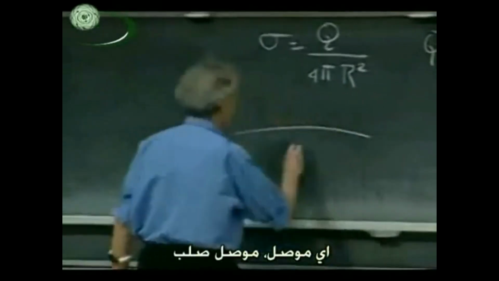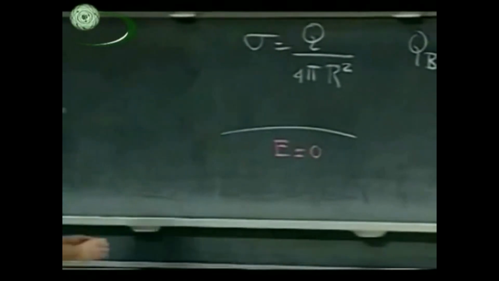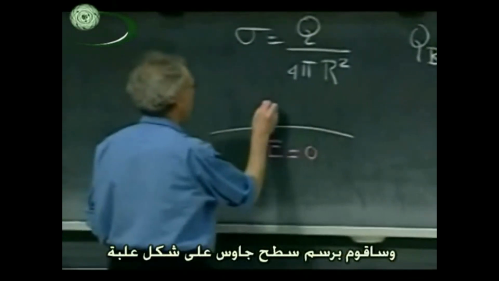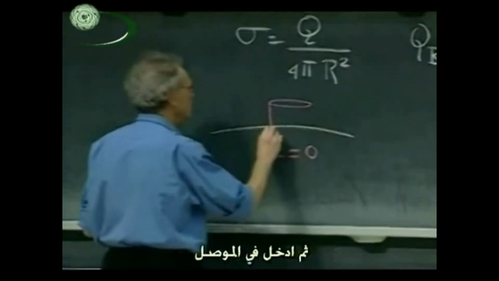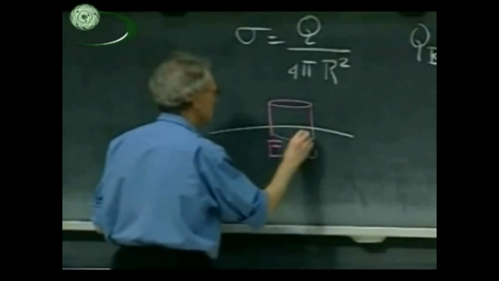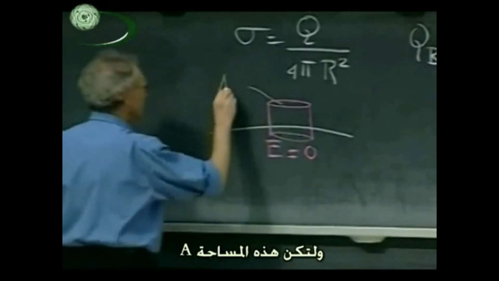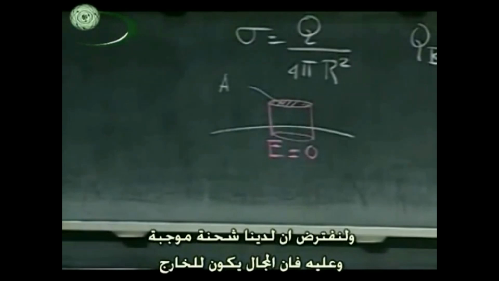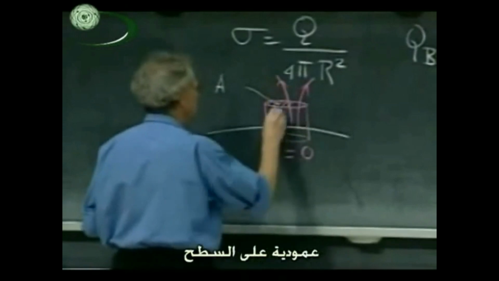If this is the surface of a conductor, any solid conductor, where the E field is 0 inside the conductor, and there is surface charge here, what I'm going to do is make a Gaussian pillbox. This surface is parallel to the conductor. I go into the conductor, and this now is my Gaussian surface. Let this area be capital A, and let's assume that it is positive charge, so that the electric field lines come out of the surface like so, perpendicular to the surface,